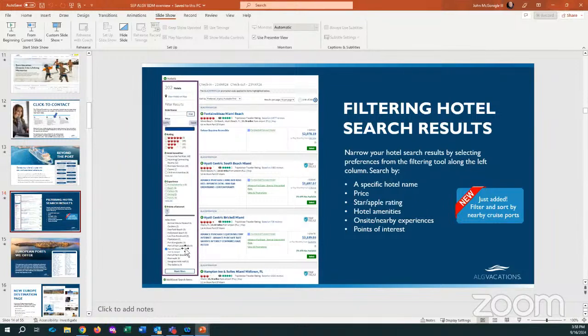Airlines told us just a couple of weeks ago that their NDC fares, new distribution channel, doesn't mean anything different to you. It's all still bookable through the portals here. You're going to earn up to 7% commission on NDC fares with United Airlines, booked through ALG Vacations. So that's a benefit to you.